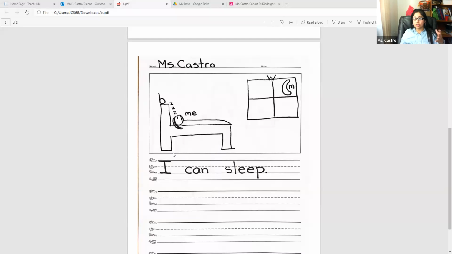Remembering that whenever we start a sentence, the first letter of the sentence is going to be uppercase. That means it's going to be the big letters, okay? Everything else in your sentence is going to be lowercase. Those are the little letters that we've been working on all this time, okay? And then when we finish our thought, when we finish our sentence, we have to put a punctuation mark at